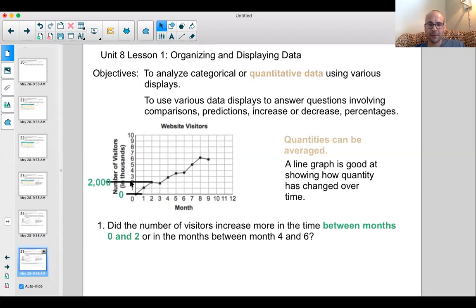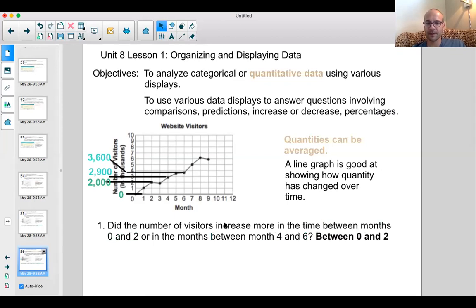Now we have to compare that between months 4 and 6. So we would see what is the height, or what is the Y value, or what is the number of visitors, about 3,000, maybe a little bit less, 2,900 or so at month 4. And then at month 6, it had increased to 3,600. So while this is the biggest number on here, the difference between 3,600 and 2,900 is not nearly as big as the difference. So when they ask, did the number of visitors increase more in the time between month 0 and 2, or between 4 and 6? Since it grew by 2,000 between 0 and 2, and only 700 between 4 and 6,